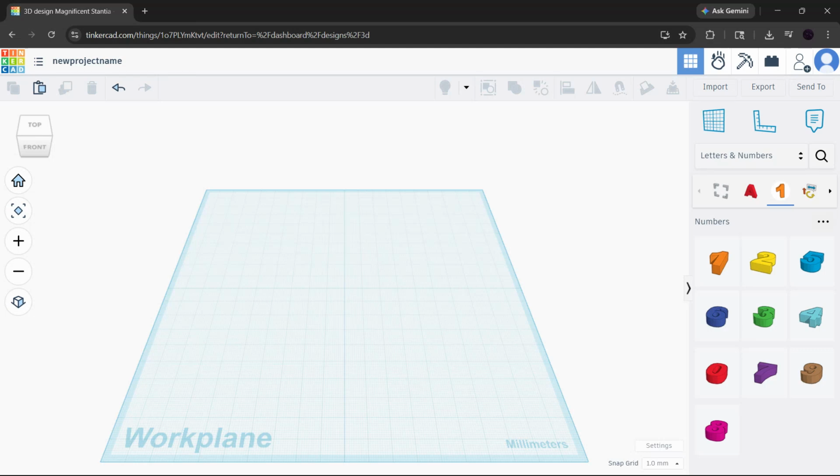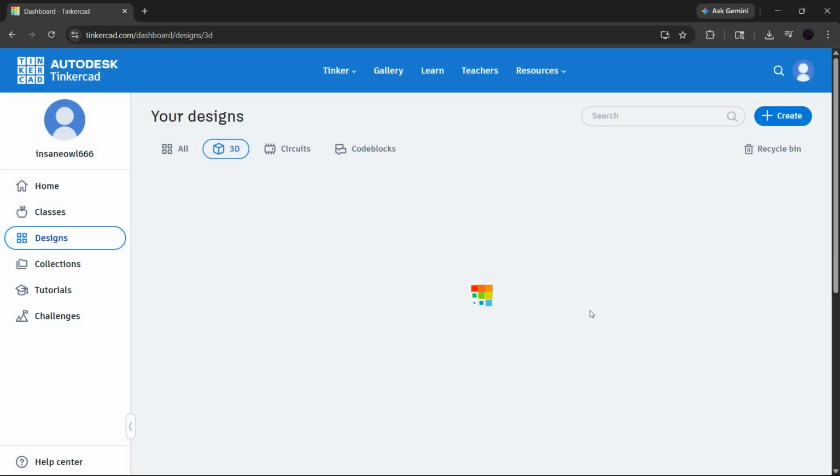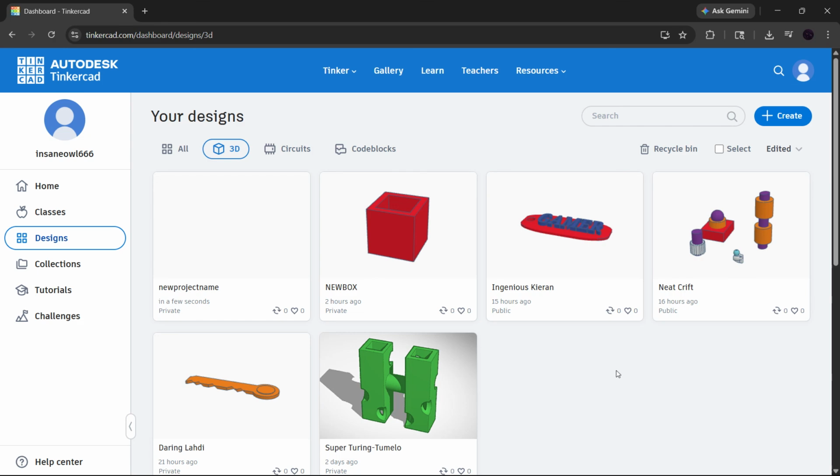In today's video, I'm going to show you how to change your nickname in Tinkercad quickly and easily. Now, this is an important one because your nickname is the name other people see on your profile and on your designs. And in Tinkercad, that name is managed through your Autodesk account. So if you've been wondering why you can't just change it directly inside Tinkercad, that's because Tinkercad uses a unified